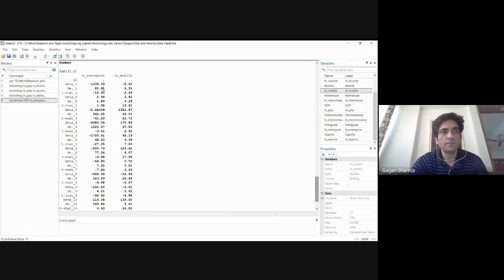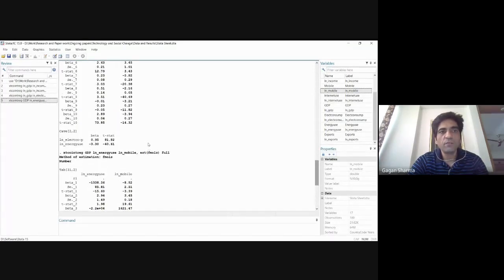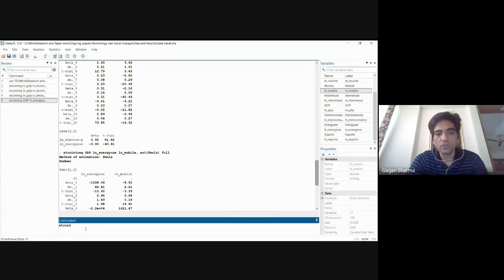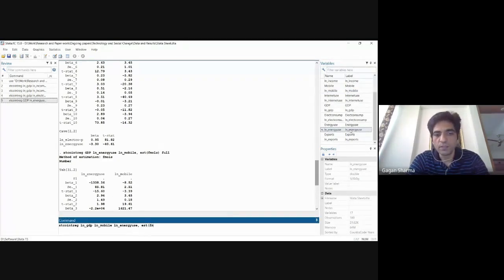Again, you can see here, my standard error is a bit too high, so I cannot comment the same way that I could comment earlier. It is very difficult. Fully modified ordinary least squares is probably telling me that hardly any result is found to be significant. So in that way, you can run both. Oops, no, I'm sorry, my bad. Because I took the log of some variables and did not take the log of the other variables. Independent, I did not take log. Dependent, I took log. That's why this kind of results. But